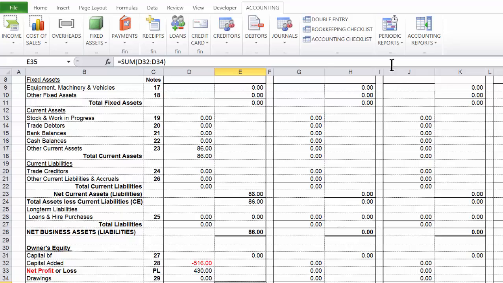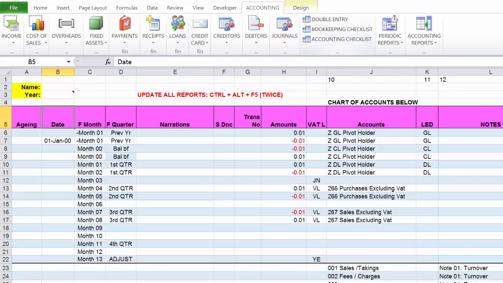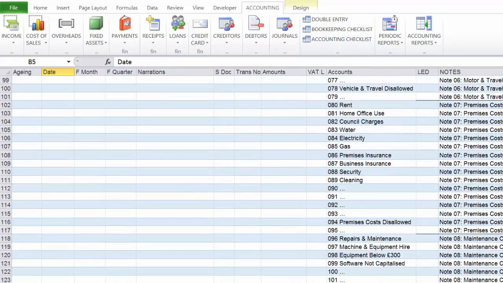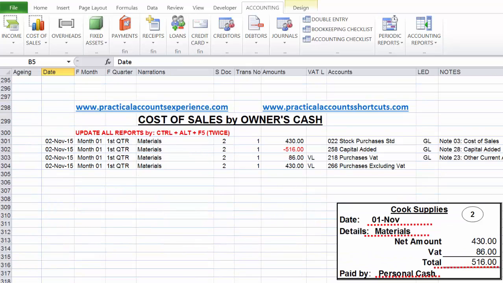And that's about it about this document. So we go back to our double entry page and scroll down to where the transaction was recorded. Thank you so much. We'll meet on the next